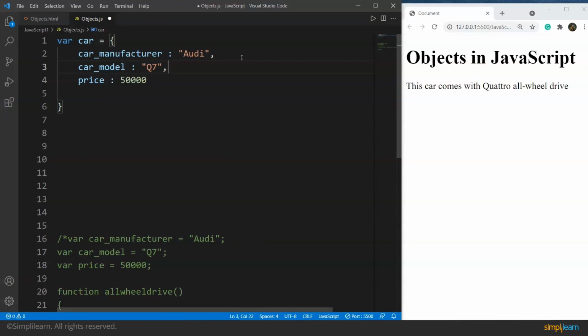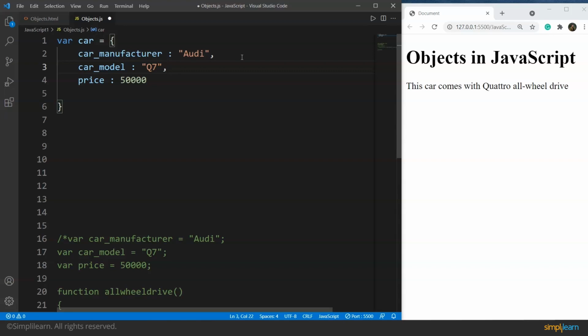So you can identify the difference here inside the object, right? When we declare a variable, we usually use the equals to sign for assignment, but here in objects we use the colon, and we are using commas here because we have some more properties. So these three are the properties. For this object car, we have three properties associated with it.